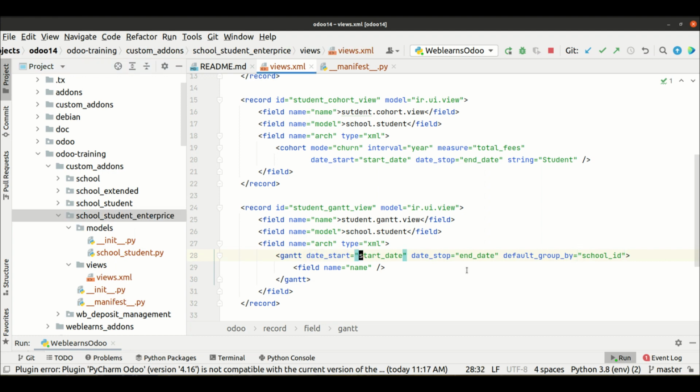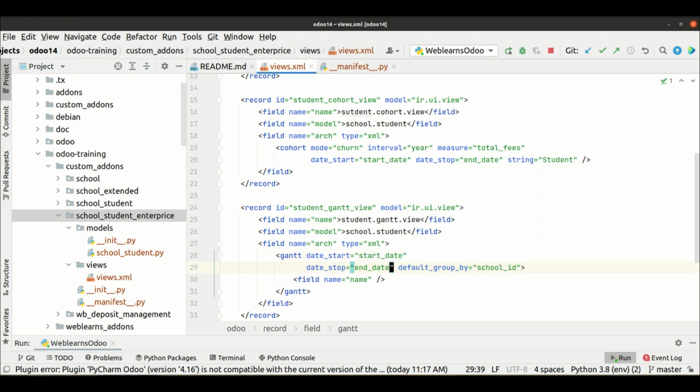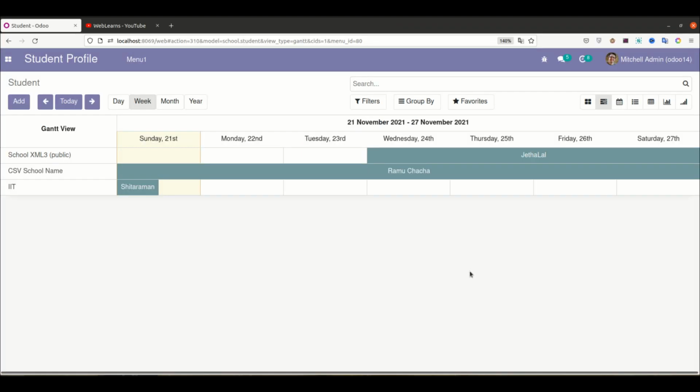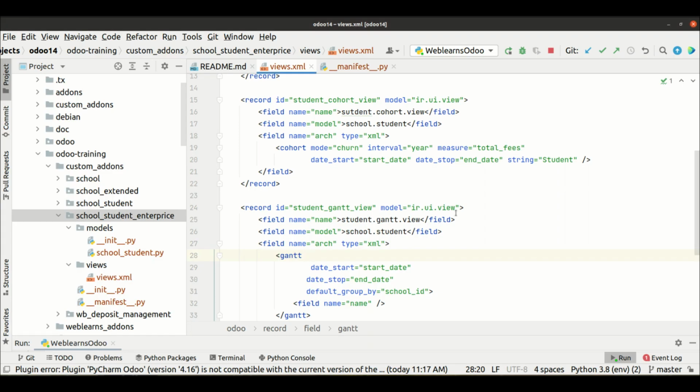in the Gantt view, you can see only these 3 attributes we already added, right? You can also add more attributes here. So for that, if you want to change the color of this line, it is also possible. So for that you can use here the color, and here we have to provide ID.